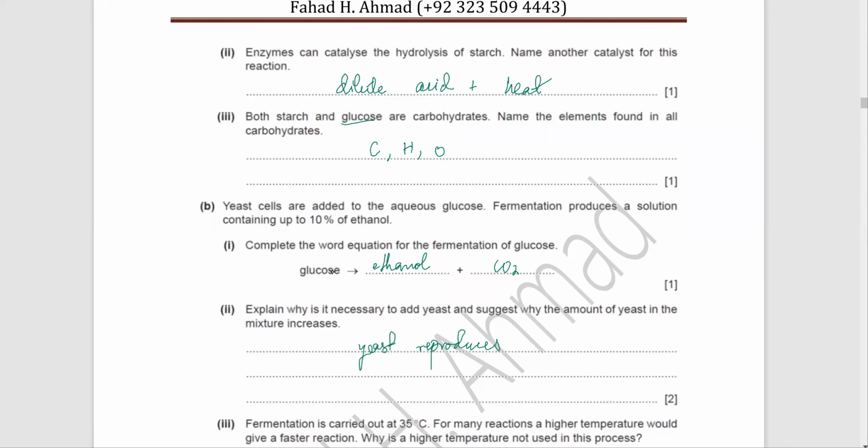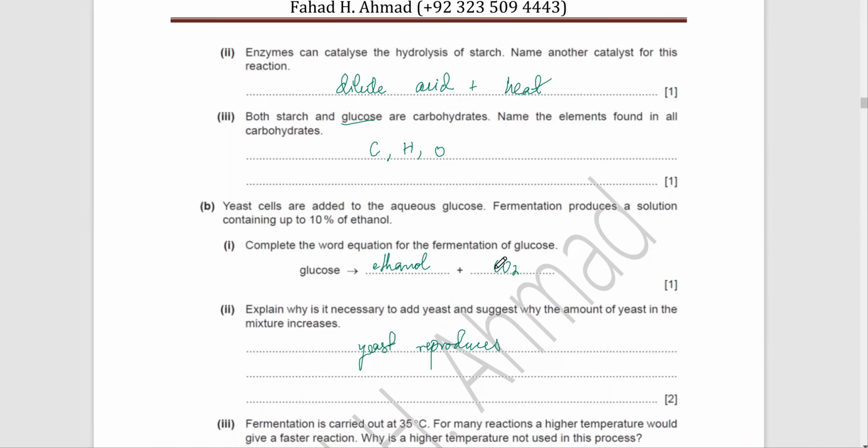Which is why even when you're baking cakes or pizza dough, the amount of yeast matters, and that's why you set it. When you mix yeast in dough, you put it there for some time. You allow it to reproduce so that it does more of this carbon dioxide production. And because of this carbon dioxide production, your dough kind of rises.